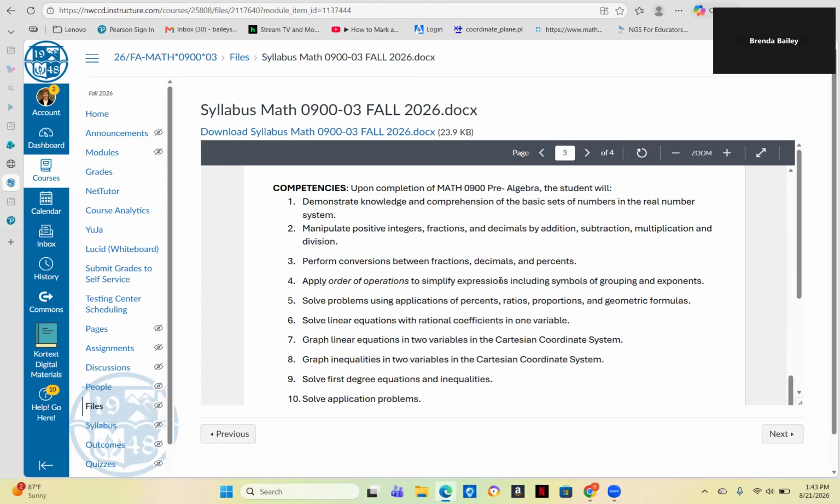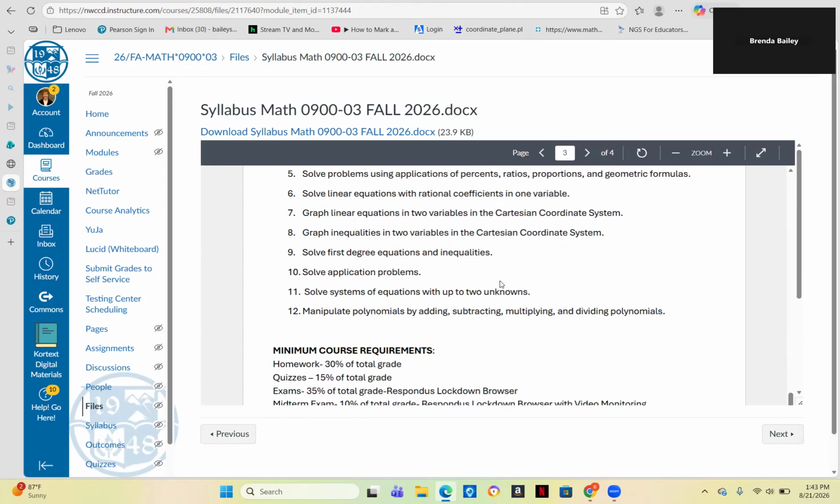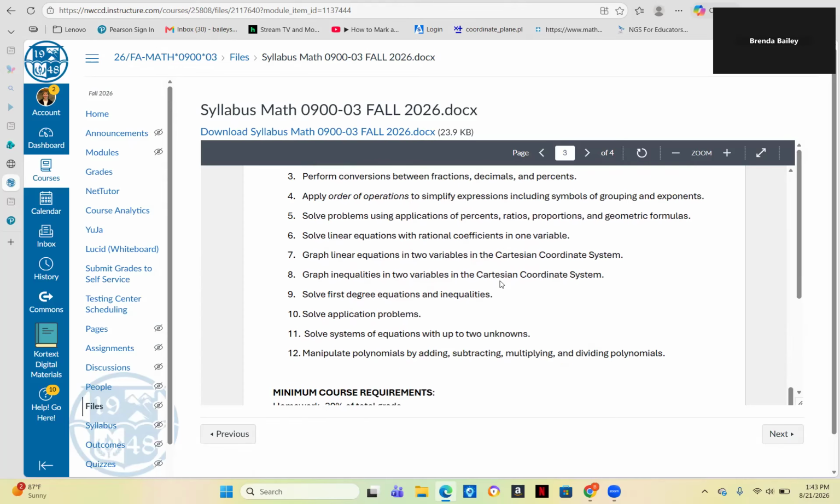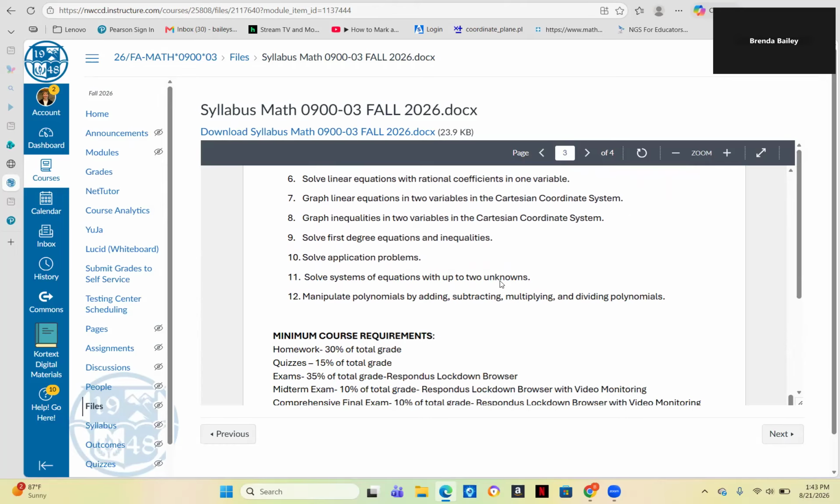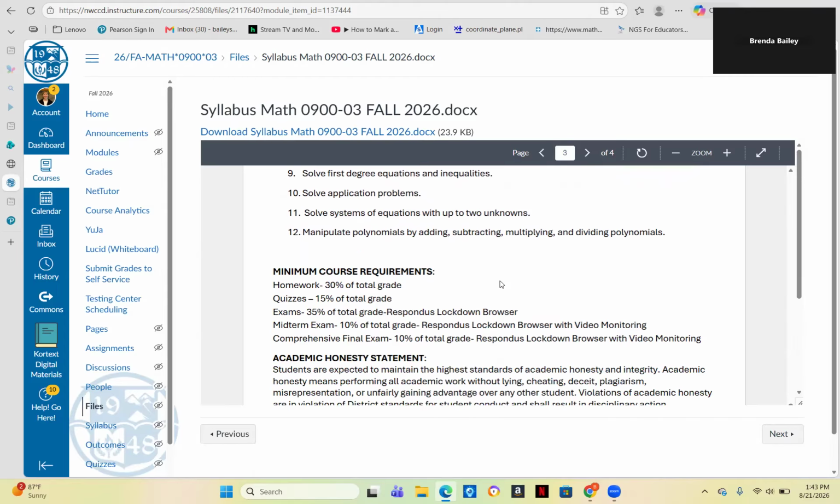These are the competencies that we'll be discussing in the class. These are the required competencies. We may do a few extra things, but these are the minimum competencies that we will cover. Once again,